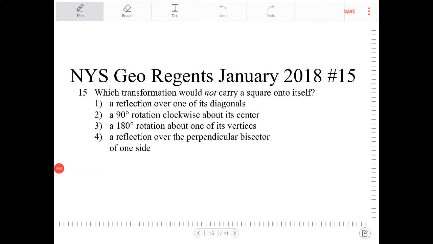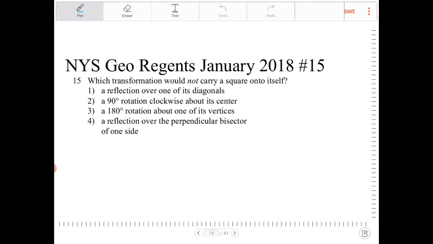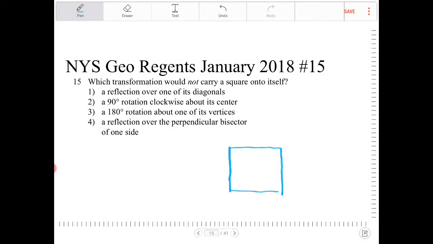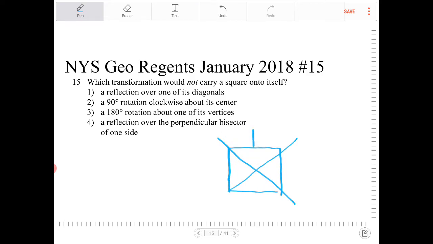Which transformation would not carry a square onto itself? So to answer this question, we have to be aware of the types of symmetries that a square has. A square has 4 lines of symmetry, right? If I take the square and fold it over those 4 lines that I drew in, then it's going